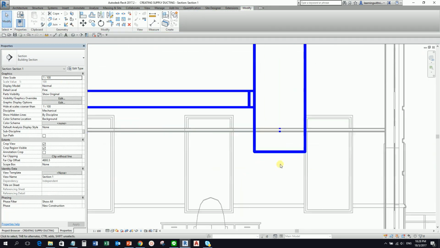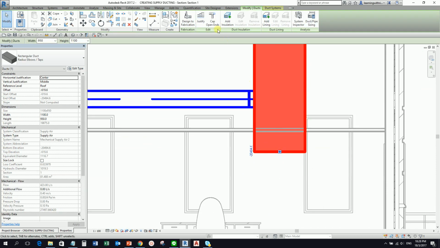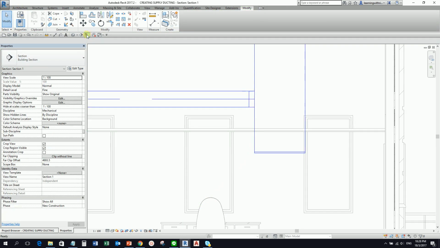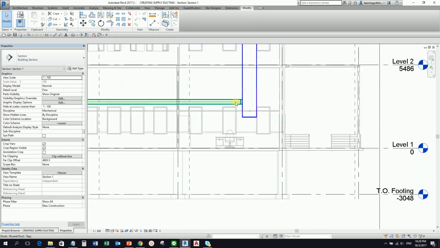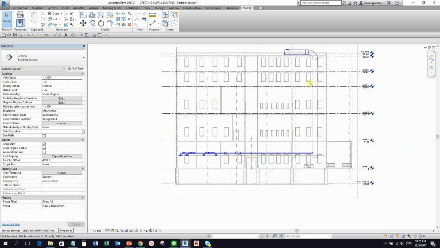Okay, so if you want, you can still select this one and you can put an end cap. There you go. Okay, yeah, so there's the end cap. Okay, now that we have created our main duct, what we are going to do next,